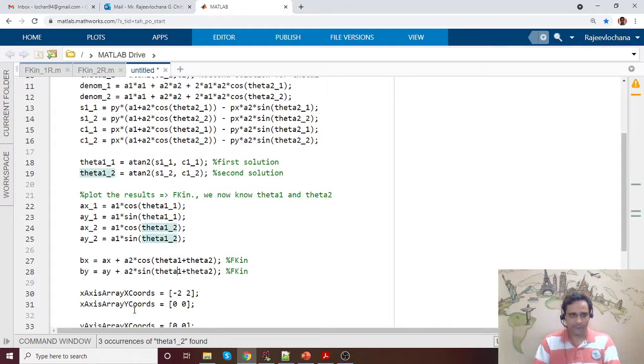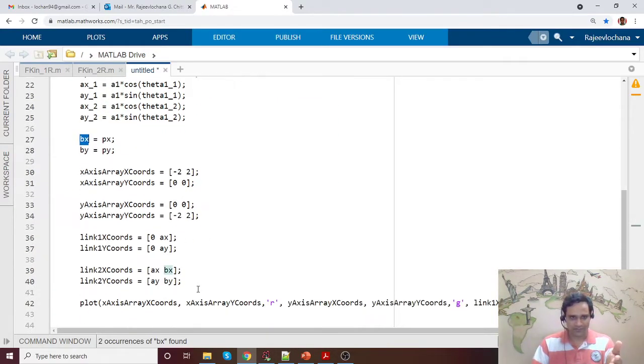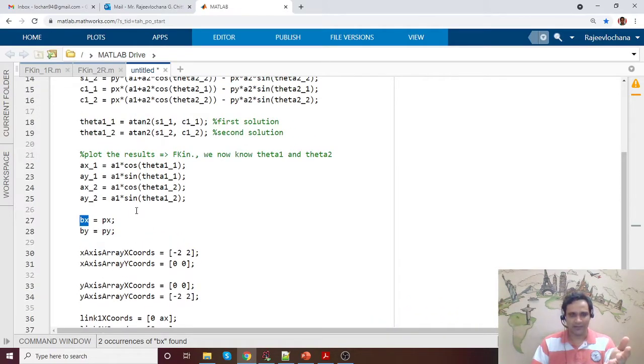So this is done. Now similarly point b. Now point b, if you do it, you will still get the same point where we have already reached. So instead of calculating again, why can't we just write px, because ultimately bx and px are same. That is where we want to reach. I'm just doing it because we have already used bx in our code. That is why I'm writing it like this.